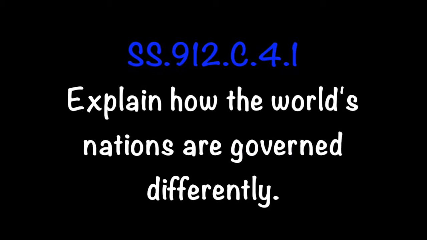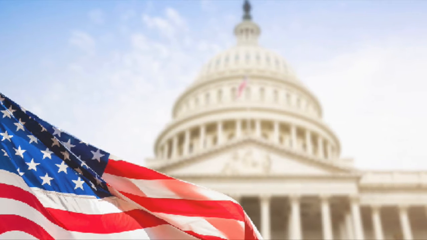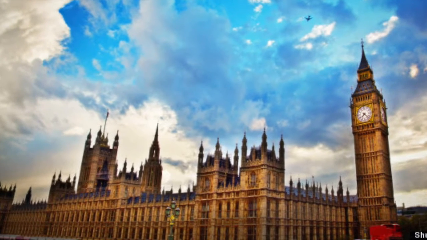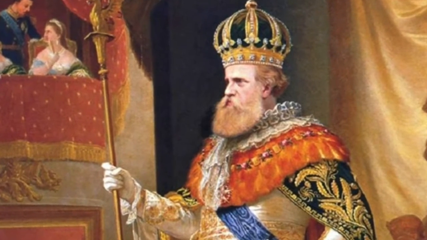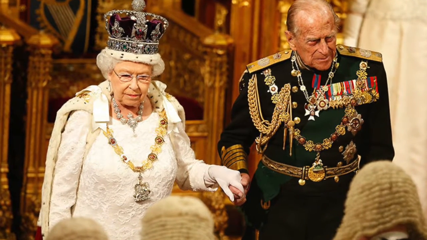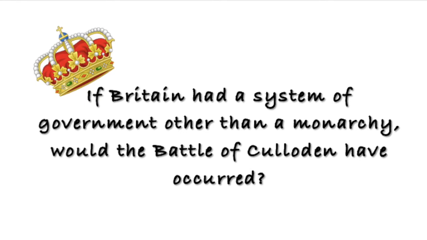The first standard asks you to explain how the world's nations are governed differently. After spending a fair amount of time looking at how the US government operates, I hope you realize some differences between it and the way Britain is governed. As you learned in this virtual field trip, Britain functions under a monarchical system, where one single sovereign is head of the state, and where power is transferred based on bloodline. Do you think that if Britain had a system of government other than a monarchy, the Battle of Culloden would